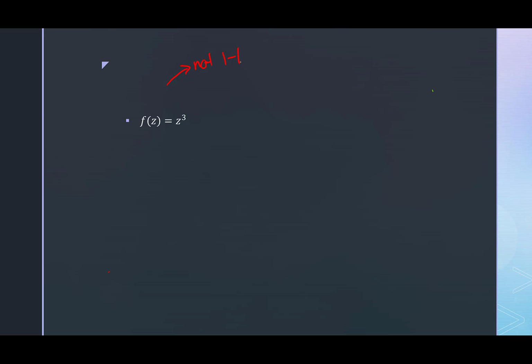Okay, now to see that, consider the following. If you plug -1 into this function, what do we get? Well, we get -1 cubed, which is just -1. And if we plug in, now this is going to seem kind of strange, 1/2 plus i square root 3 over 2, I'll let you calculate this on your own, but after doing some algebra, and in this case foiling, you'll also get negative 1. And so clearly, negative 1 and 1/2 plus i square root 3 over 2 are not the same number, right?